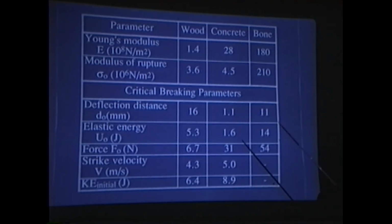I also want to point out that this model is really not terribly accurate. And if you read your handout, you'll find out that there are more accurate models. And in particular, the thing which is worst about this model is that it predicts that the velocities available to break wood and concrete are fairly close. It turns out that with a more careful calculation, this is about right. It takes about 4 meters per second to break wood, which means that even a beginner can easily break a piece of wood. But it actually takes more like 8 or 9 meters per second of initial velocity to be able to break a piece of concrete. So